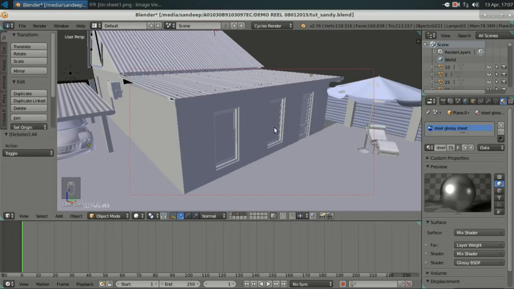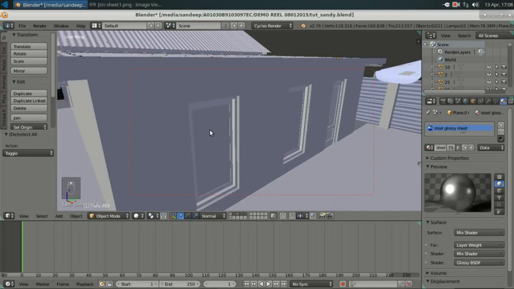This is the 3D editor and this is the timeline editor. And now I'm gonna add a shader or add a texture. So first select the object,